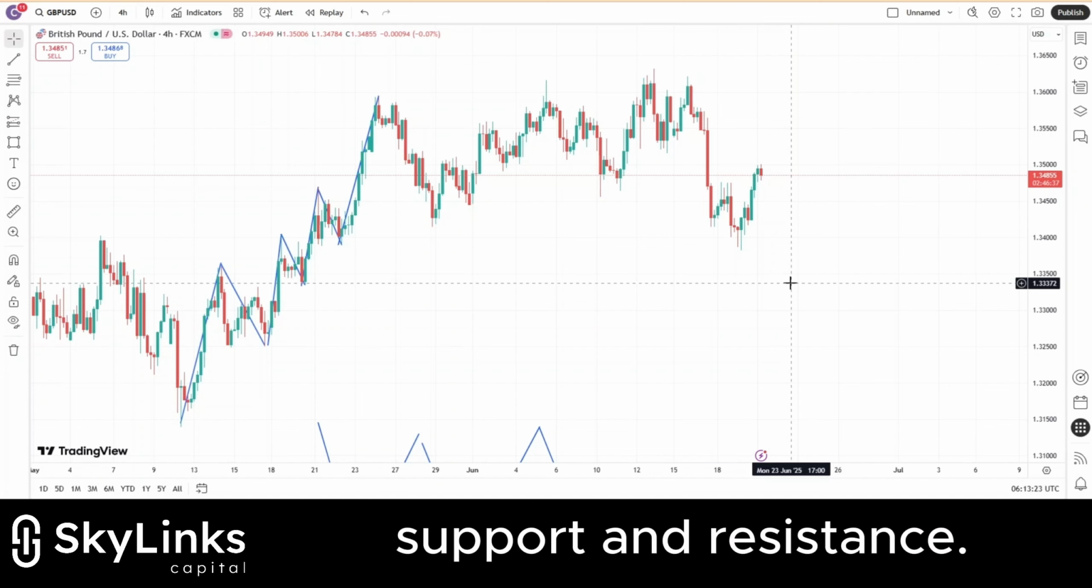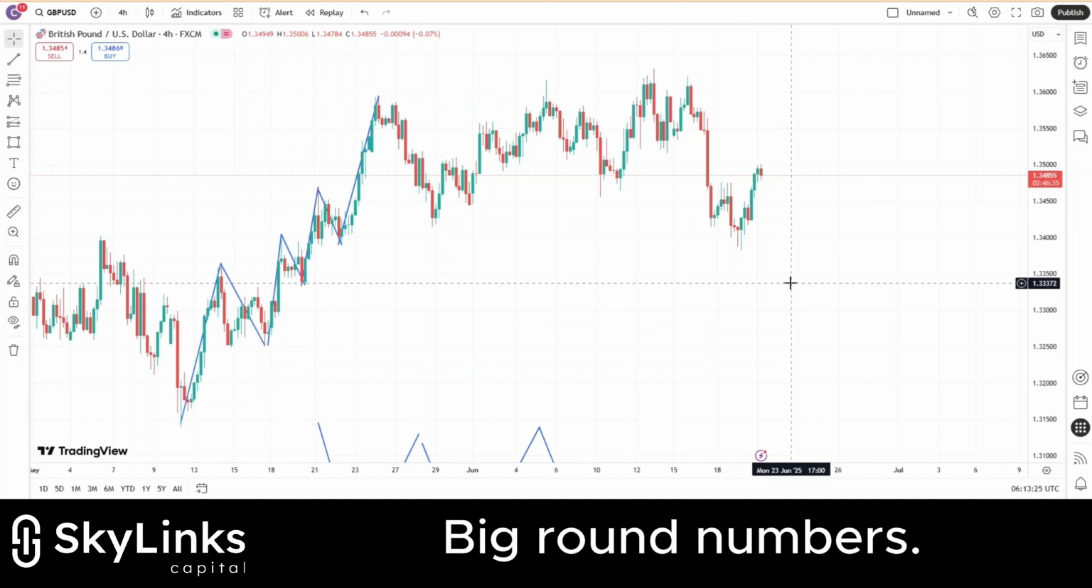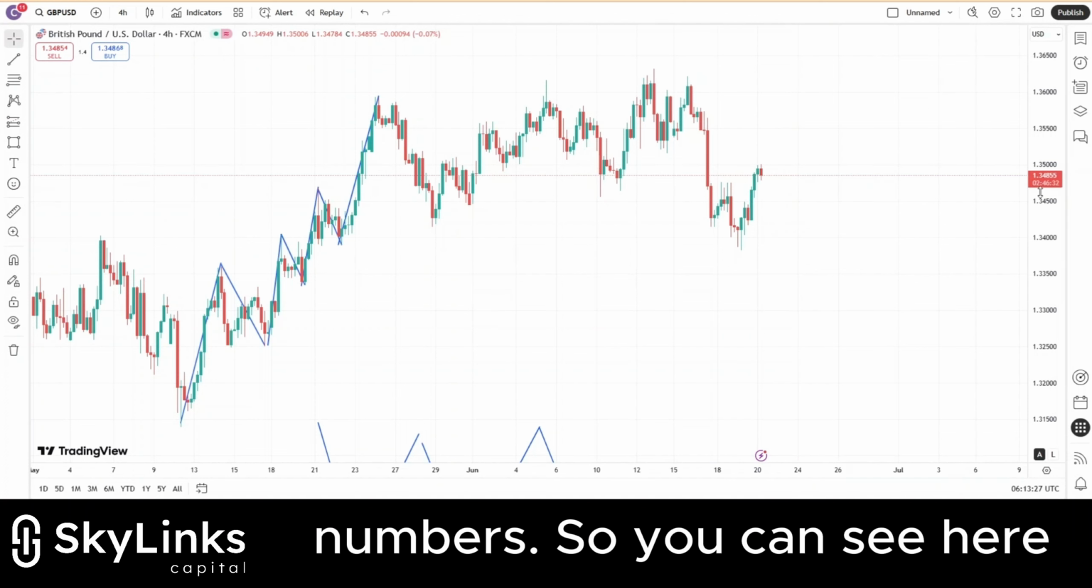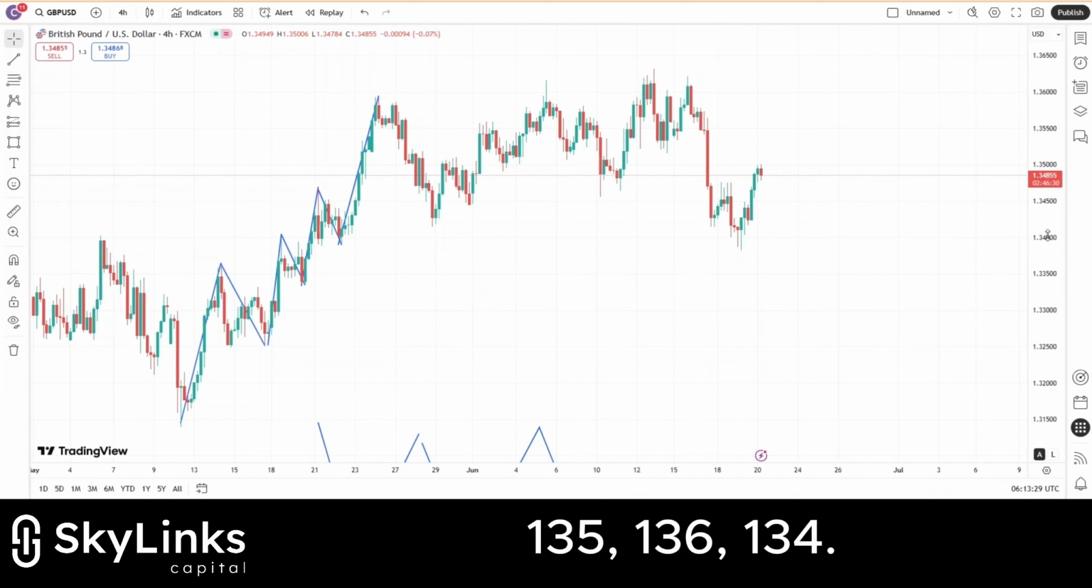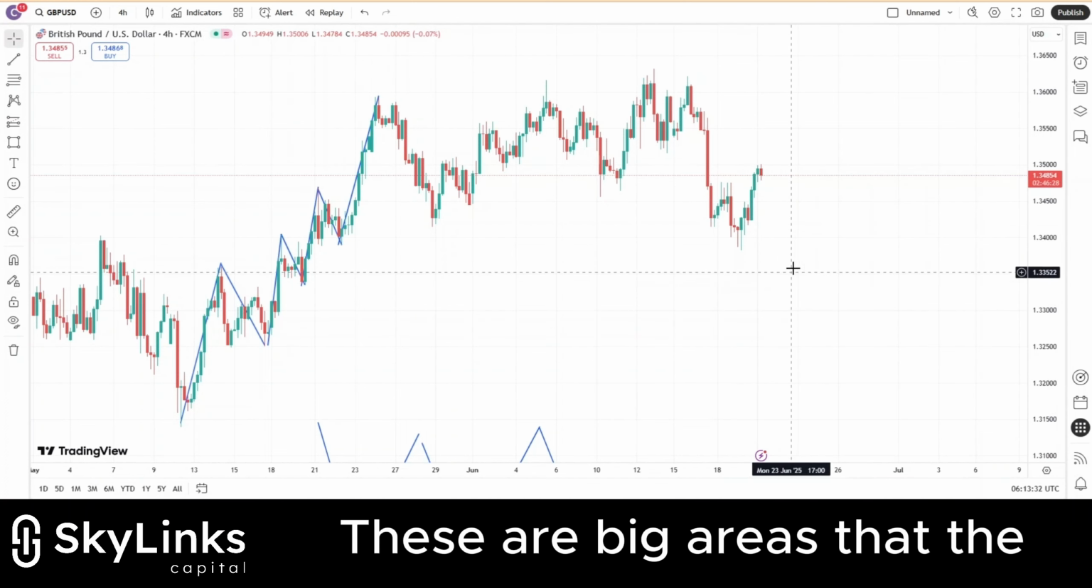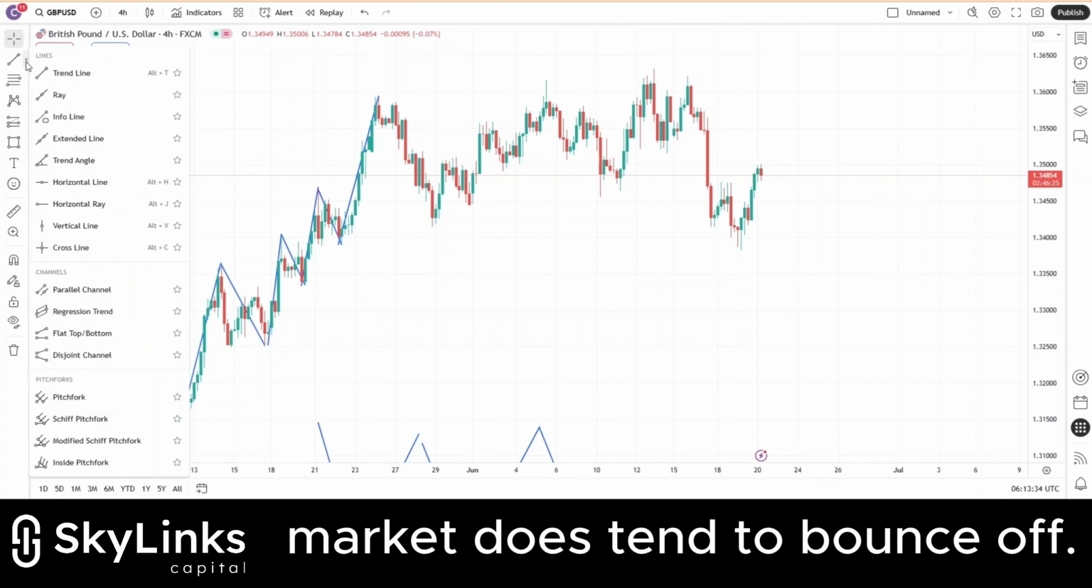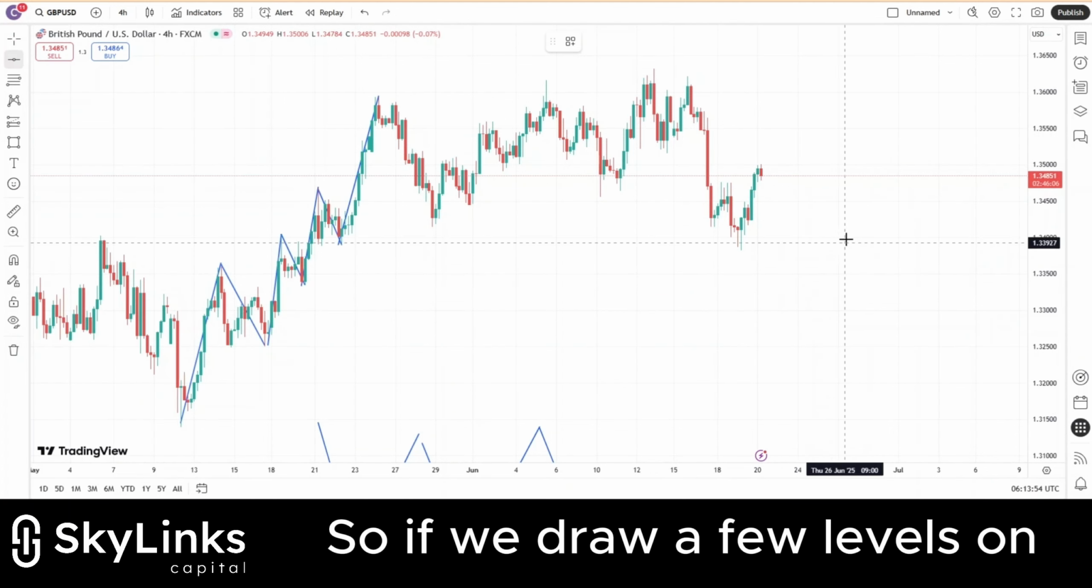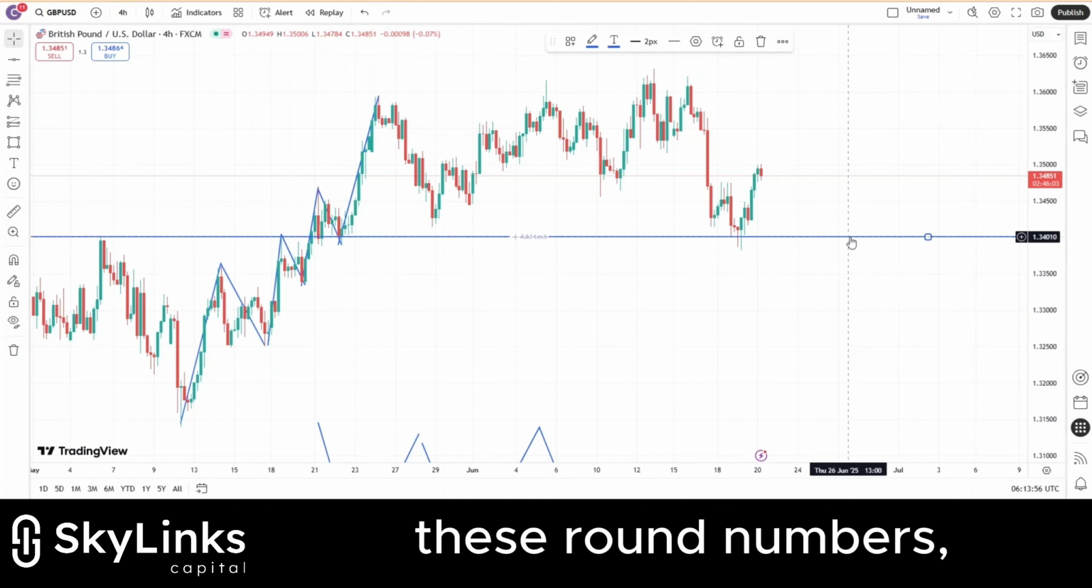Other ways we can identify support and resistance: big round numbers. The market loves big round numbers. So you can see here 135, 136, 134. These are big areas that the market does tend to bounce off. These are psychological levels. So if we draw a few levels on these round numbers,